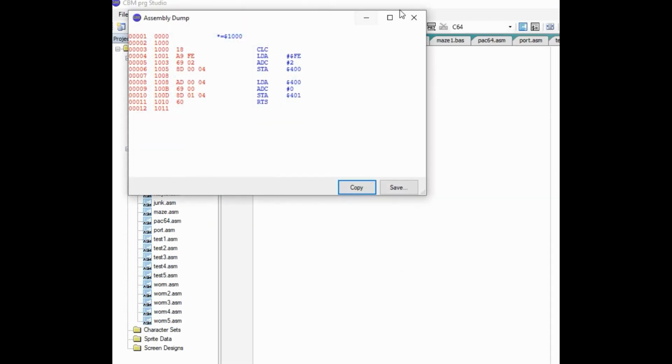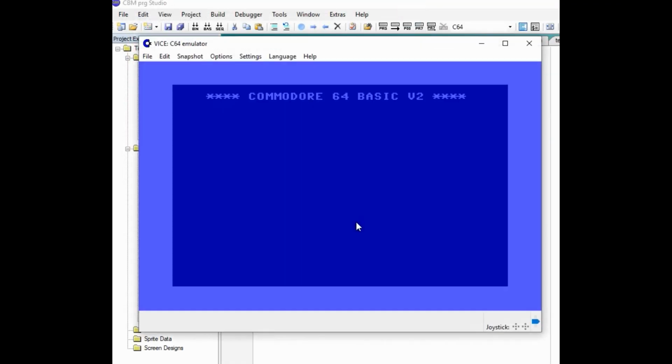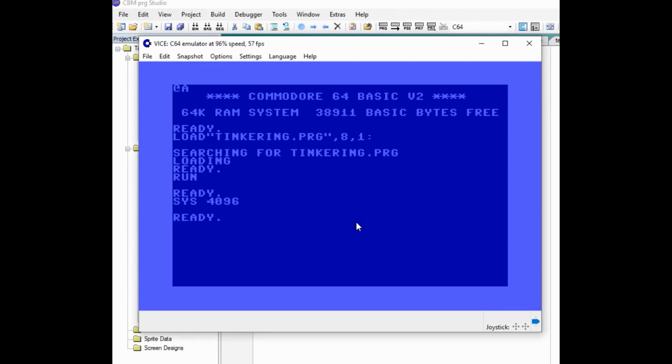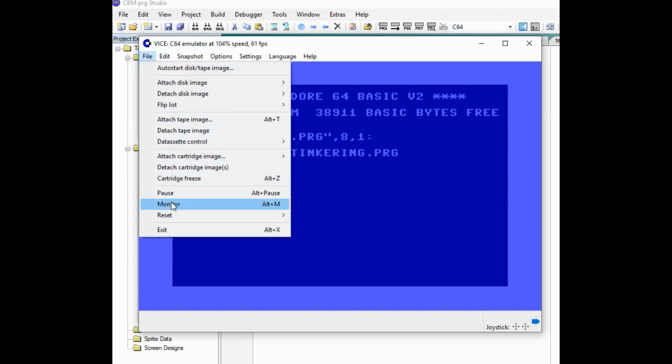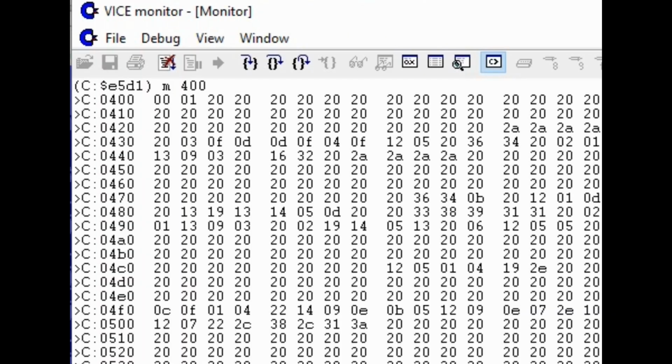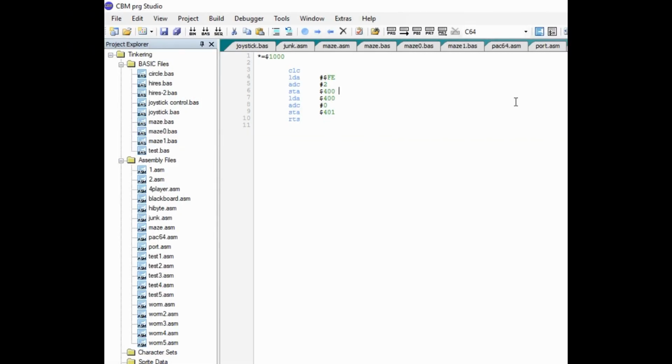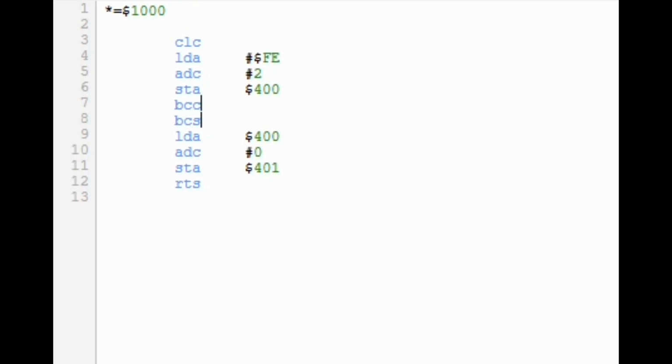Let's run that. And you can see now it's 0 and 1. And if we go into the monitor, it says 0 and 1. Another way you could go about it would be to test the carry flag with a branch if carry is clear or a branch if carry is set. So if you do branch if carry clear and then branch to a location, clear or set,